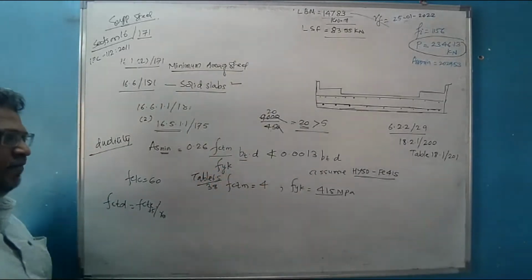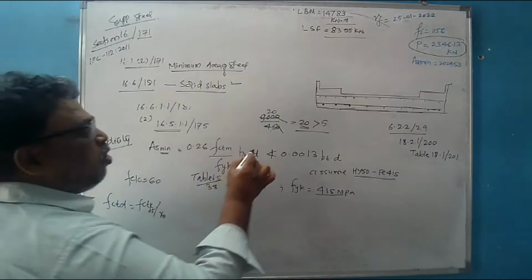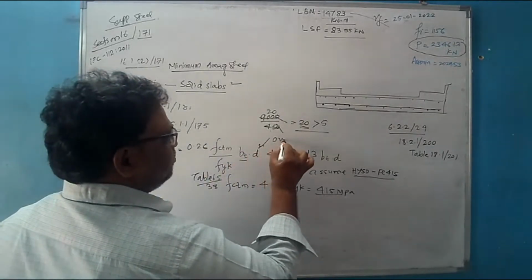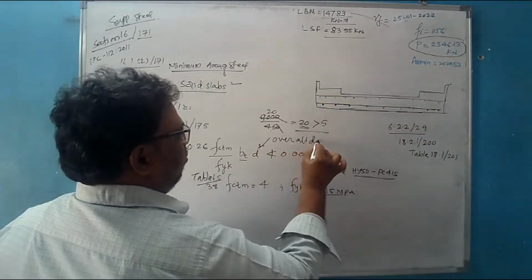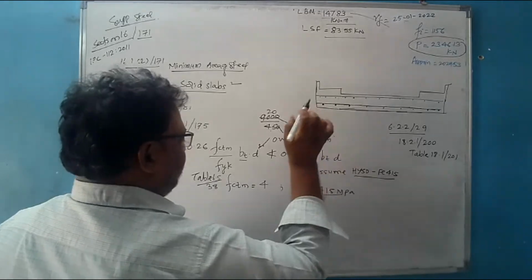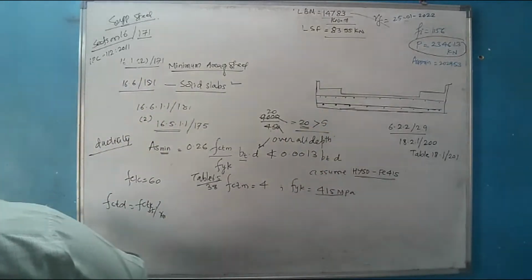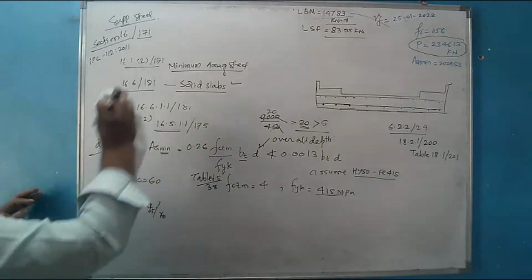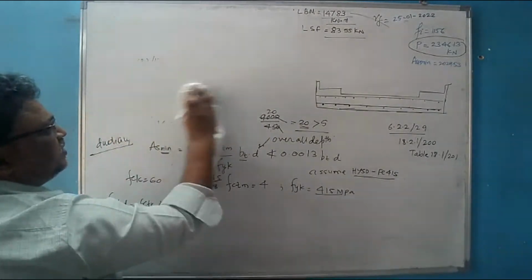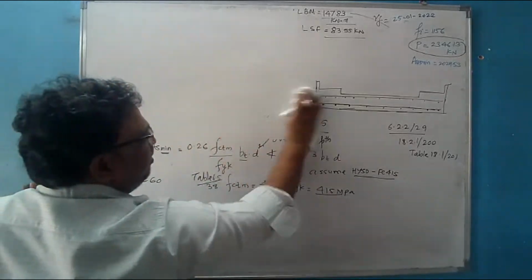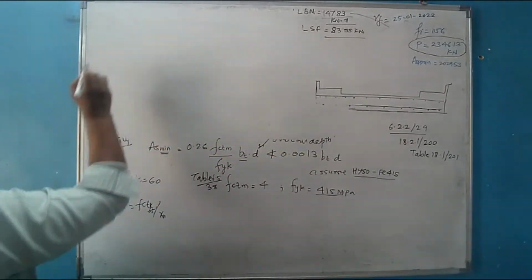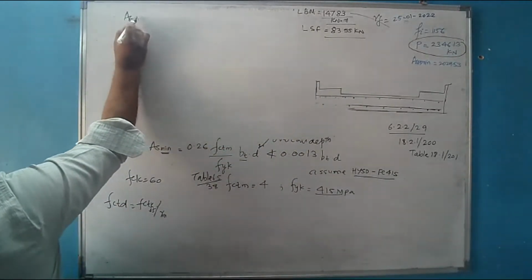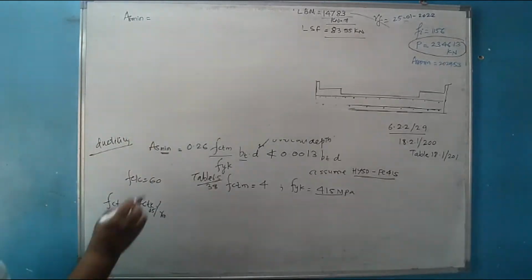b is nothing but the width and D is nothing but the overall depth, overall depth of the section we are considering. So what will be the minimum area of steel required? Will someone please answer this? What is the minimum area of steel required? A_s,min will be equal to